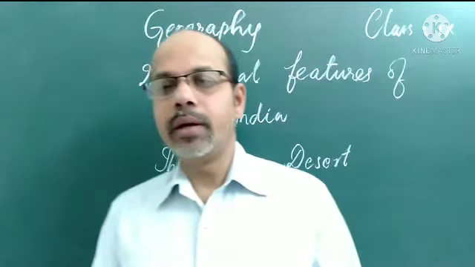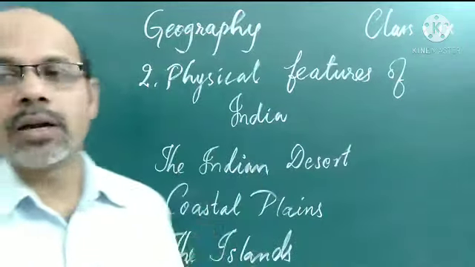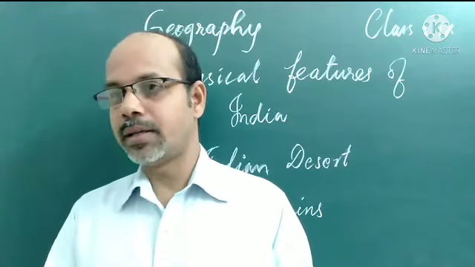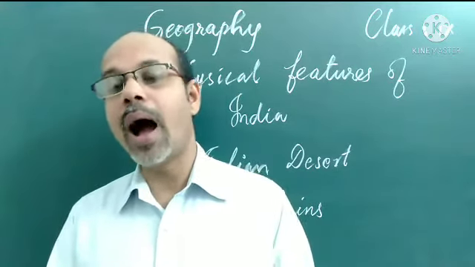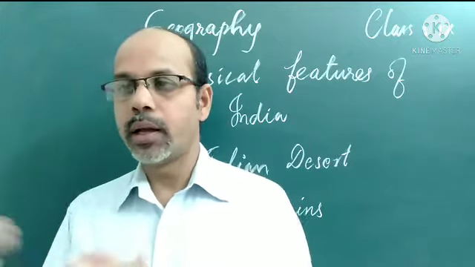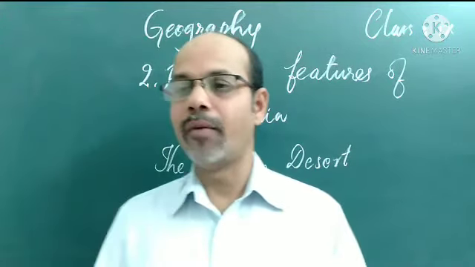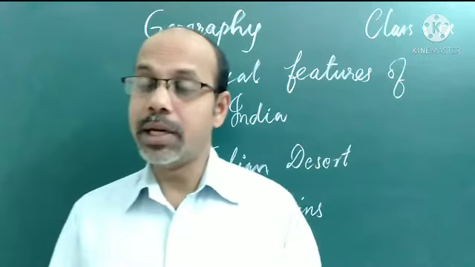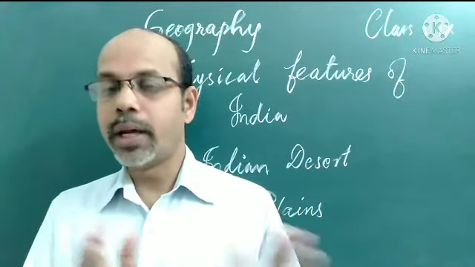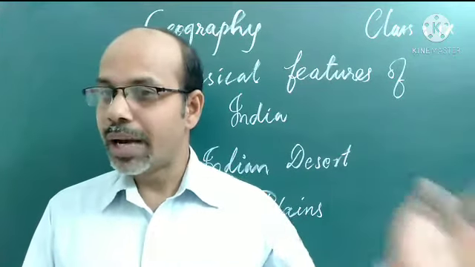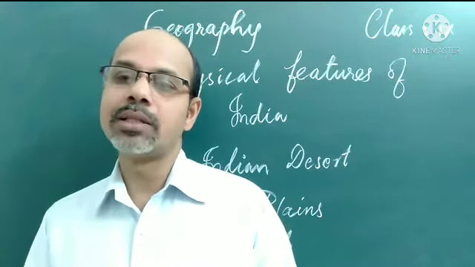Good morning, children. In this chapter on the physical features of India, today we will discuss the Indian desert, the coastal plains and the island groups. What are the island groups, where are the coastal plains, and what about the Great Indian Desert? We know the Great Indian Desert, also known as the Thar Desert, lies towards the western margins of the